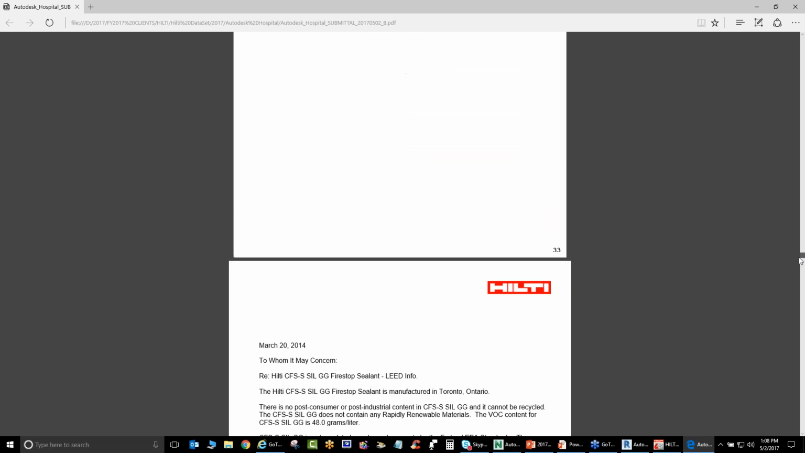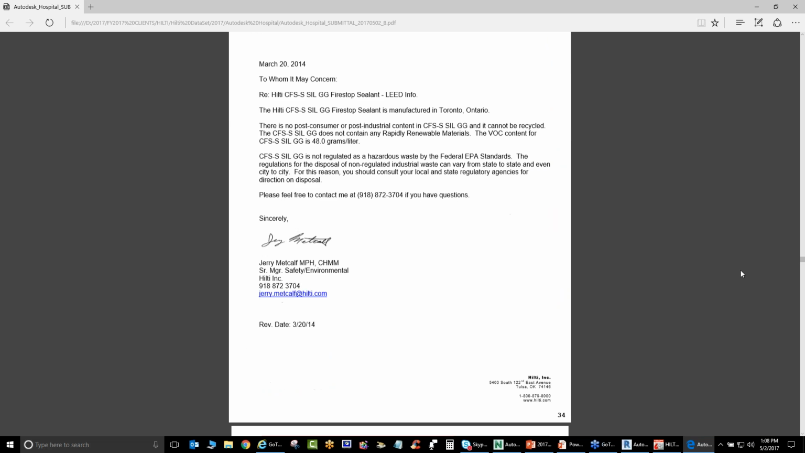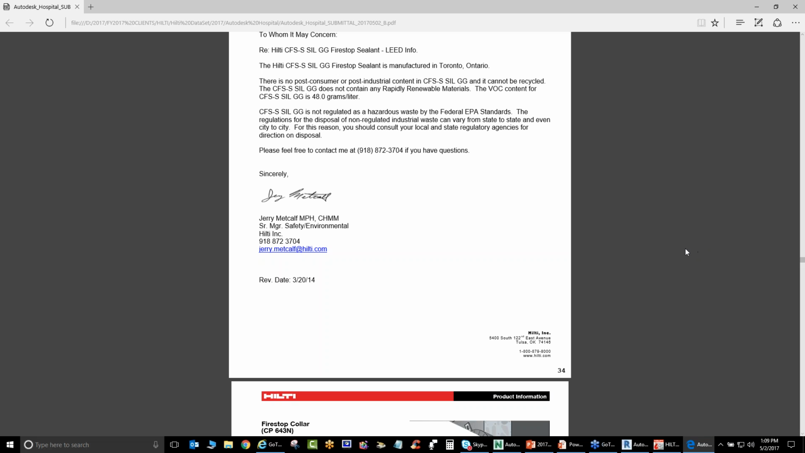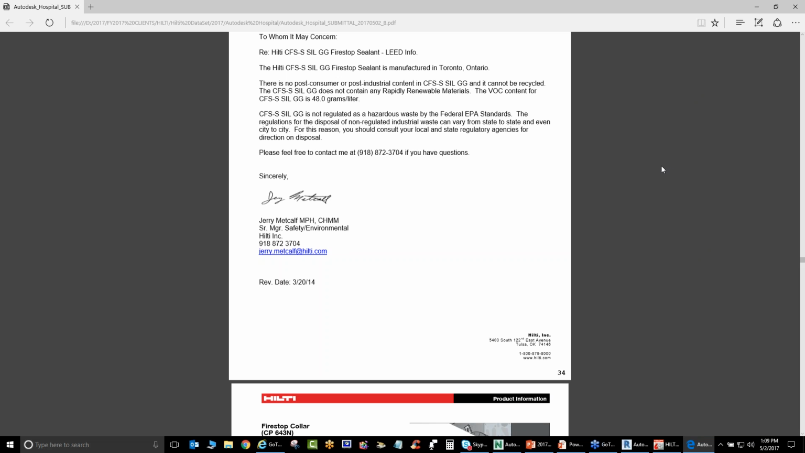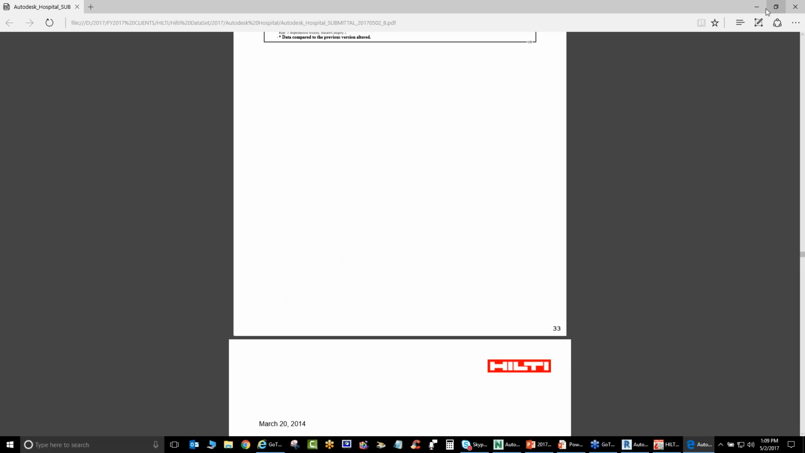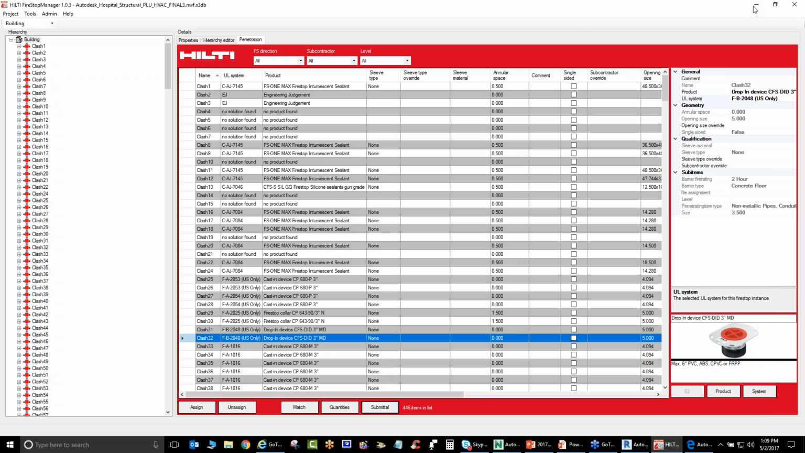And so this is the type of document that you want to give to the fire marshal as a proof that you have met the requirements. Okay, so it's quite extensive. So we'll just go ahead and minimize that. Close down the HILTI Firestop Manager,